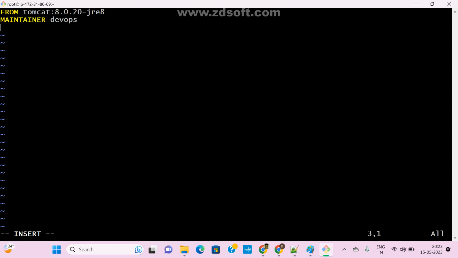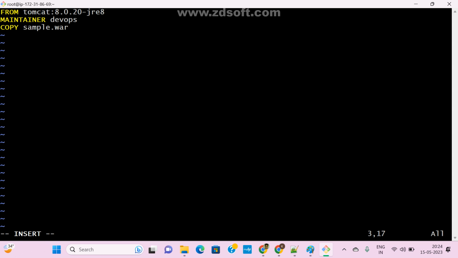So what is the copy command? The COPY keyword, then the source. Where is the source? The sample.war file. Where do you want to copy it? This is my source path. Very important: what is the difference between COPY and ADD keywords in Docker? Now, I am copying sample.war. Where do you want to copy it?